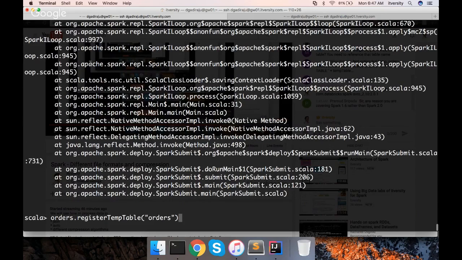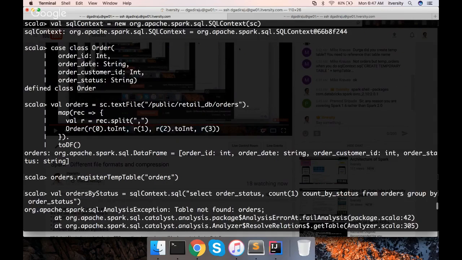Okay, I think import sqlContext dot implicits dot underscore. Okay, and then let me run this again.